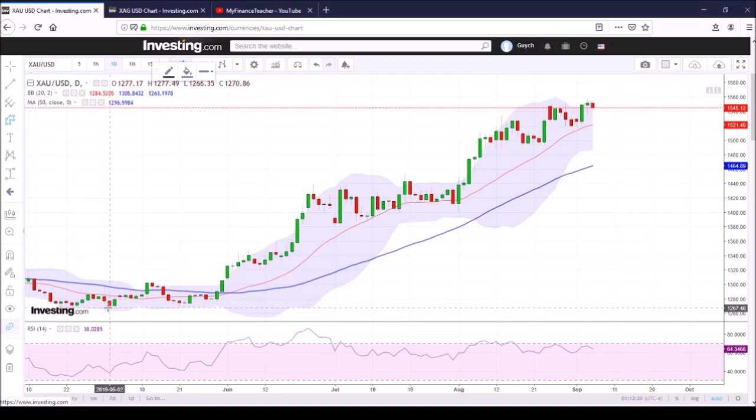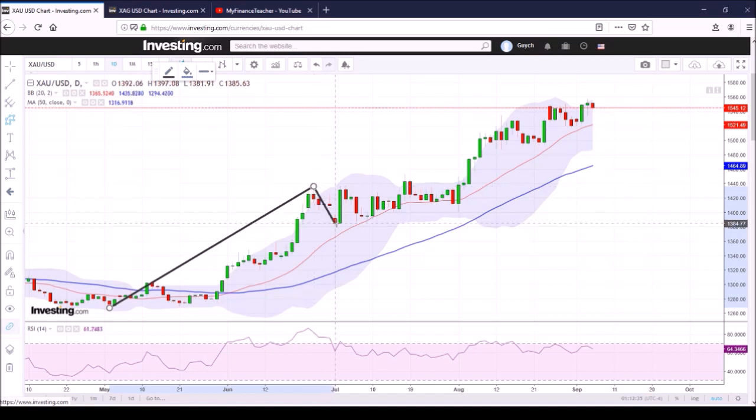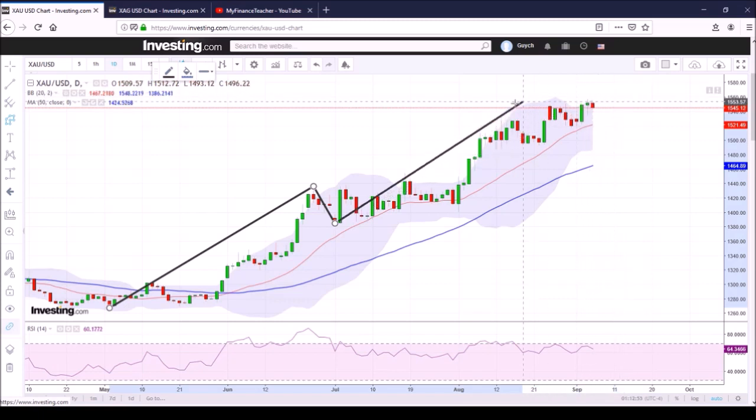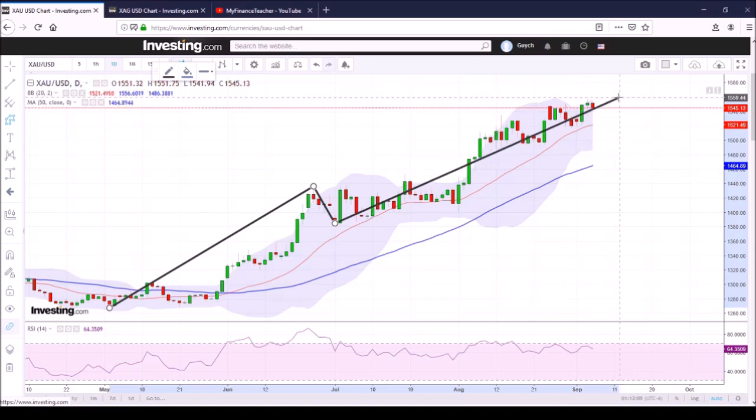Looking at the daily cycles, we had the first daily cycle from late April, early May until the very beginning of July, and we're now in the second daily cycle. But given that the dollar is likely to be weak for another several days, this second daily cycle might still bring gold a little bit higher, even though there are already some indicators telling us that it might be a good time to take some profits here. Anyway, gold might still continue a little bit higher over the next several days, maybe up to 1580, possibly to 1600, who knows.